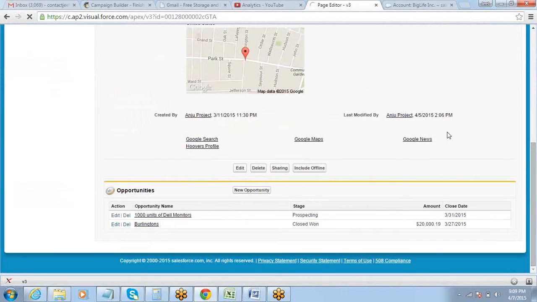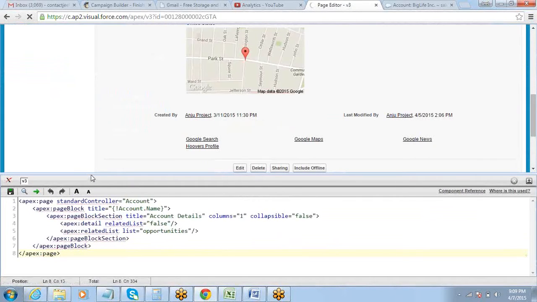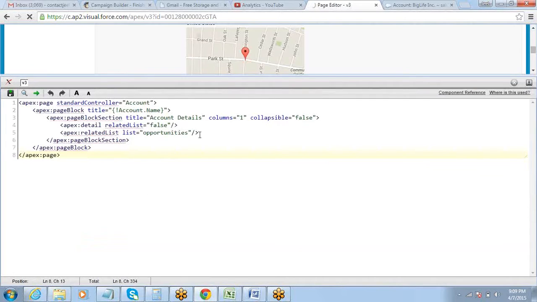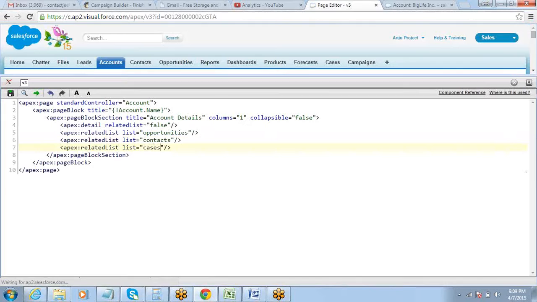Okay. Let's say I'm required to create a couple of more related lists on the same page. After this, I am required to create one more related list on the same page. Let's say contacts, cases, right?